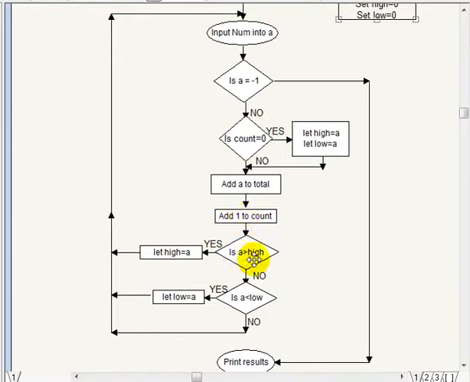Is 20 greater than 10? High was still 10, remember? Yes, it is, so we'll let high now equal 20, and we'll loop back again. So as you can see, the highest number that we've inputted so far is in high, the lowest number is in low,